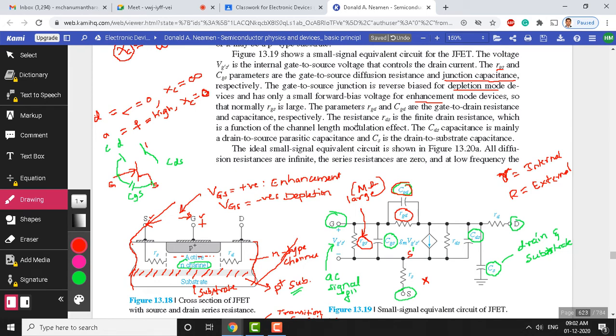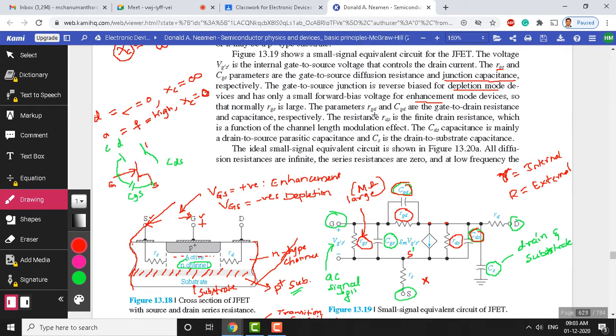Next is going to be the RDS. Between the drain and source there is a finite drain resistance, you can see here this is the RDS, and there is a capacitance here, CDS. All this line here, whatever you are seeing, is the drain point. Though there is an RD here, for the time being you can imagine that this line is the drain point. So there is a resistance RDS and a capacitance CDS. Those are the two elements between drain and source: one is resistance, the other is capacitance.